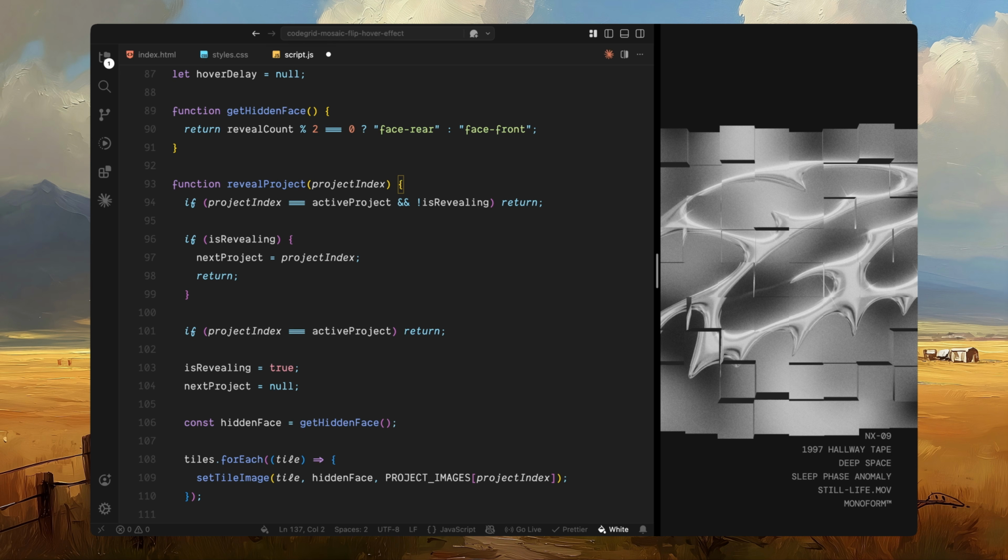Once we are past the guards, we set isRevealing to true and clear out nextProject. Then we call getHiddenFace to figure out which face is currently hidden from view. We loop through every tile and paint the new project image onto that hidden face using our setTileImage helper. At this point, the new image is fully loaded onto a face the user can't see yet, ready to be